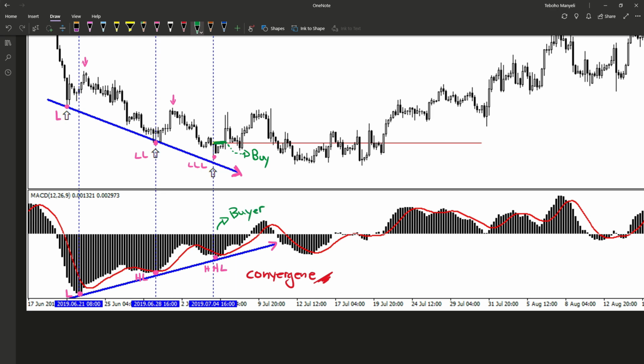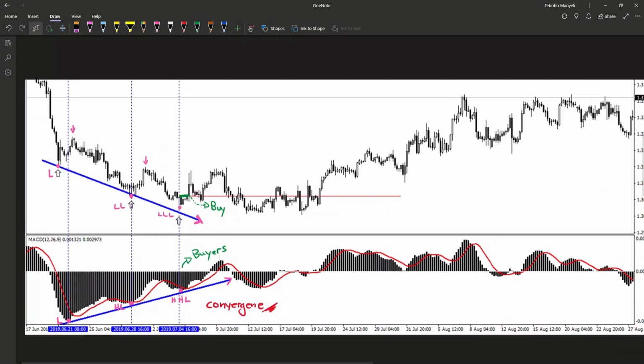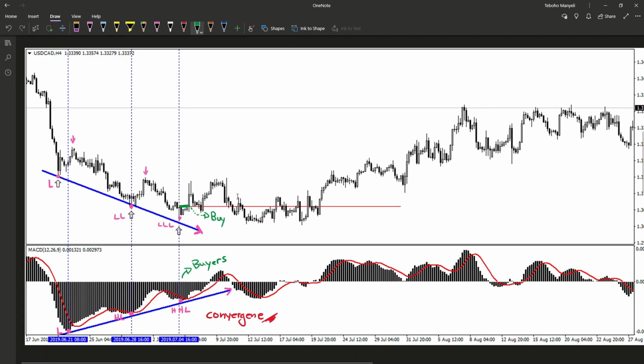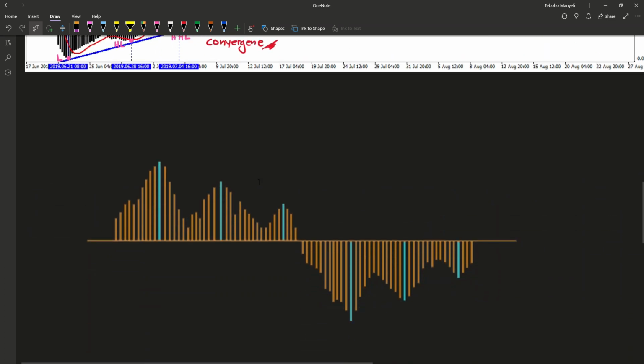Alright, so let me zoom out so you can see what really happened. So basically the market struggled a bit, but finally bought out of that price here at this point, where the market then just started going upwards from there on. Okay, and that's how we use the MACD for convergence or divergence. Divergence would be literally the opposite of convergence. Okay. Another way that we said we could use the MACD is by